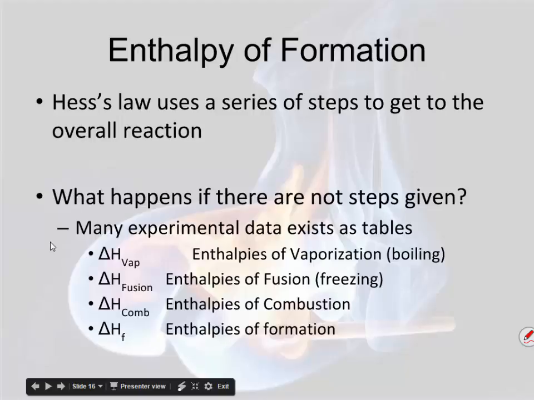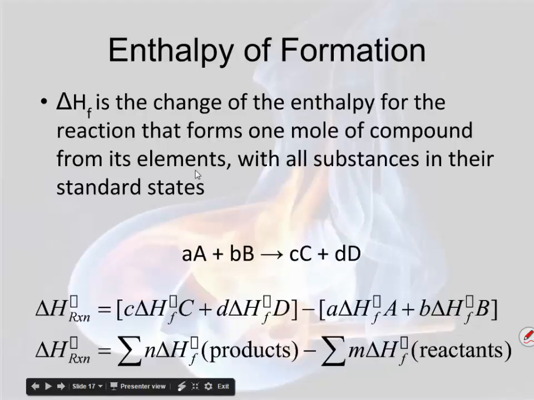Okay, so Hess's law, we use a series of steps to get our overall reaction. But what if we don't know what the steps are? Then we would use our enthalpy of formation. A lot of our data is on those delta H's for different reactants and products, not necessarily for the overall reaction. And so we're going to use this equation,